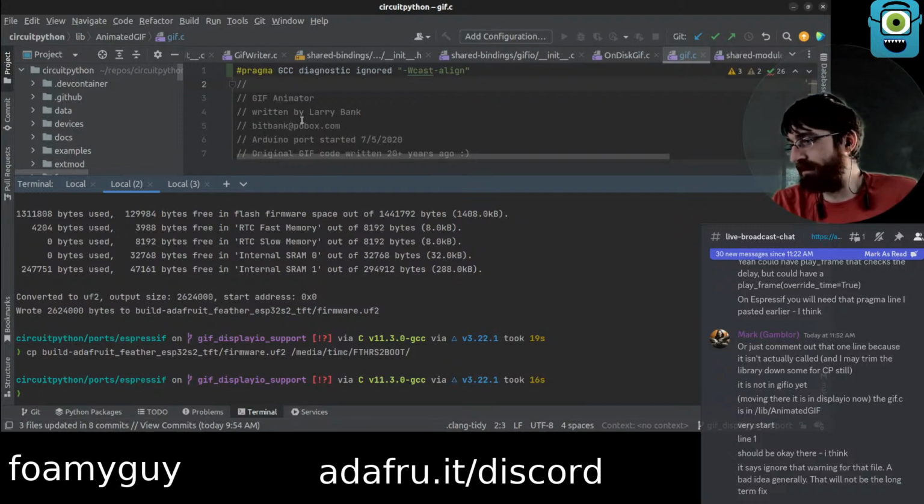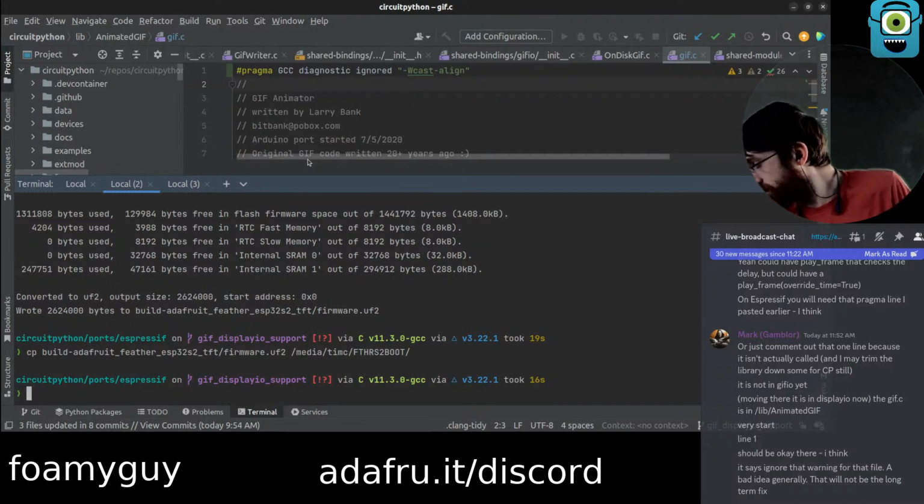I don't want to get the code from the other device.